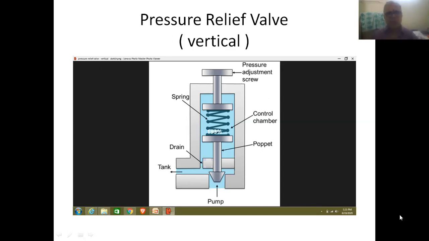So friends, these are the various types of relief valves, very essential for controlling the pressure of the fluid that is flowing inside the circuit.